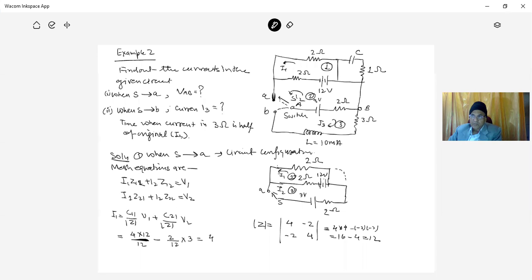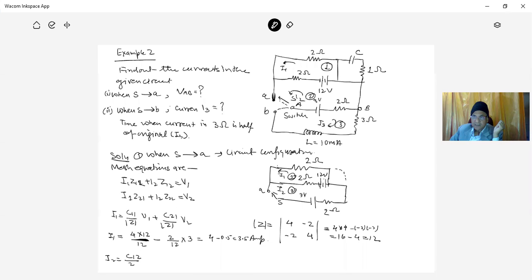So this is 4 minus 0.5, that is 3.5 ampere. This current is I1. And the I2 is equal to